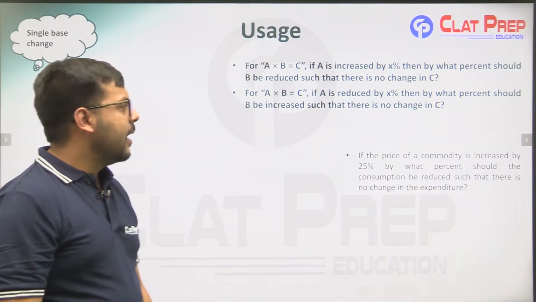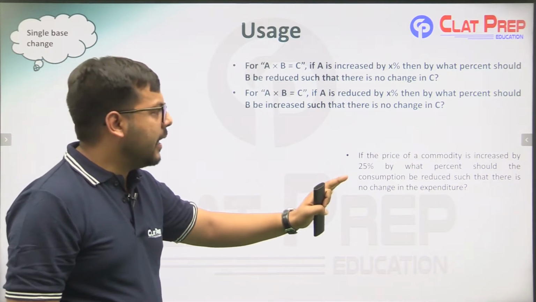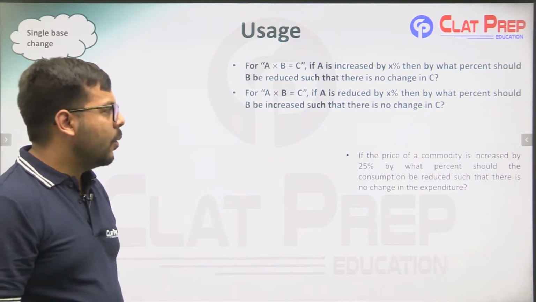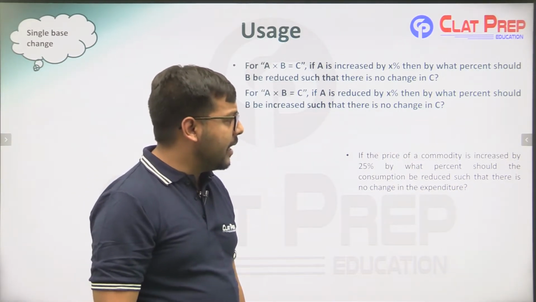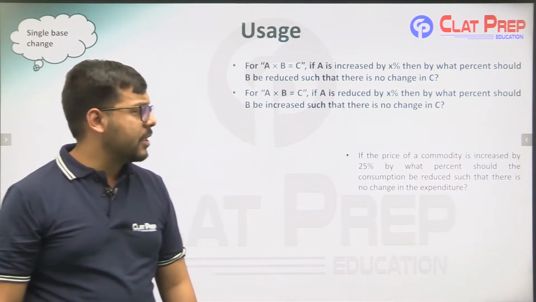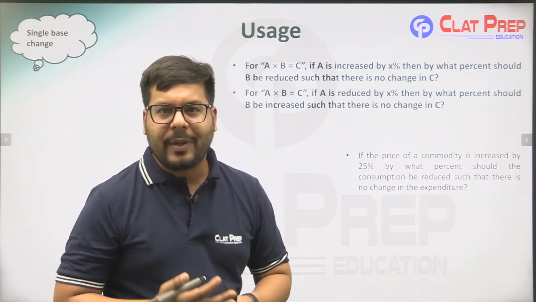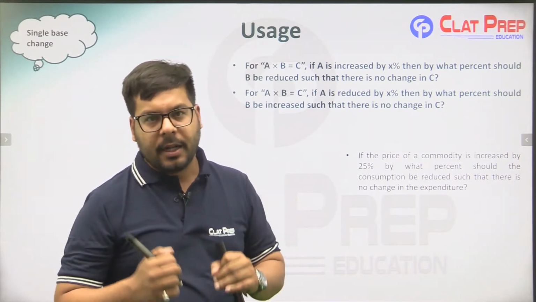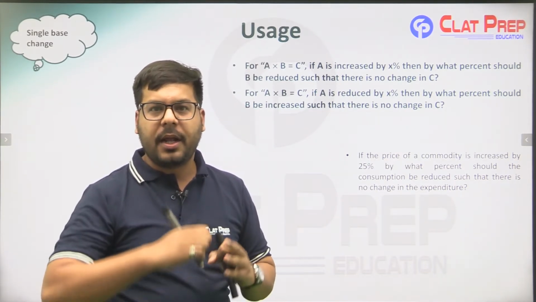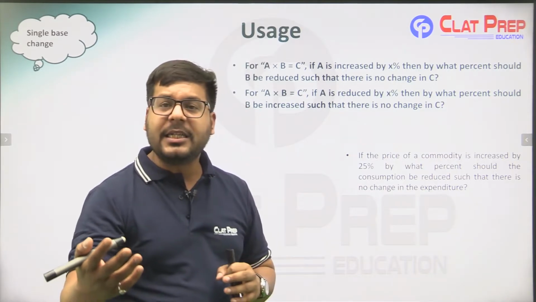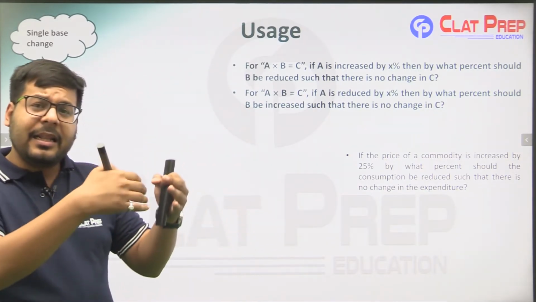It says that if the price of a commodity increases by 25%, what percent should the consumption be reduced so that there is no change in the expenditure? Now, what generally students do in such type of questions is they assume the price to be 100, they assume the consumption to be 100, and then they say that the expenditure will be 10,000, and then they further calculate